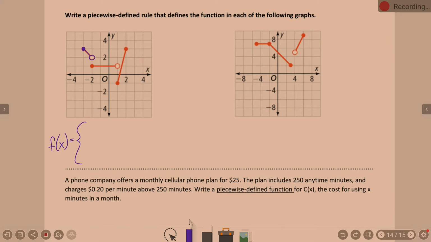Now, what's the form of a line that we often use? What's the equation for a line that we like to use? Equation of a line. We used it yesterday. Y equals mx plus b. Yeah, y equals mx plus b. So we're going to be looking at y equals mx plus b for all of these. Now, in order to talk y equals mx plus b,